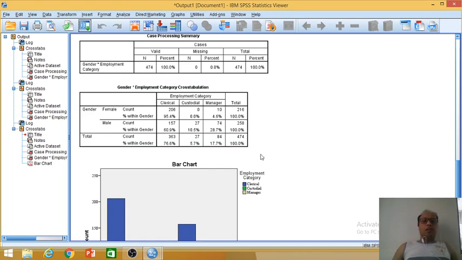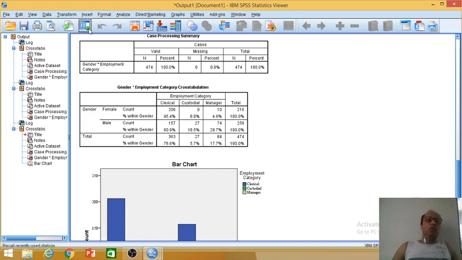If we reject the null hypothesis, so your alternative hypothesis, gender and employment category are not independent, it means that there is a gender bias. Here we have got two categorical variables, so hypothesis testing is done through chi-square.